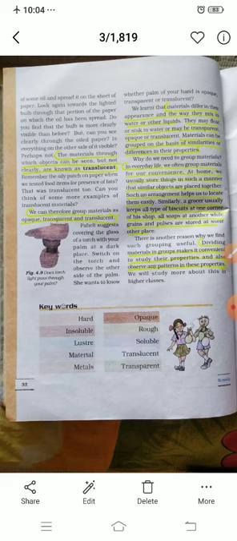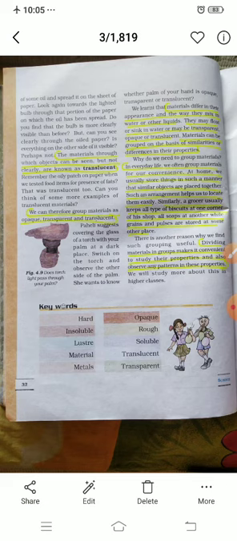So what you have to do is take a torch, put your palm on this torch, then switch on the torch and try to see whether the light is coming from the torch or not. Children, what do you think? What will happen? Our palm, the palm of our hand, will act as what? Will it act as a transparent medium, an opaque medium, or a translucent medium? What do you think?